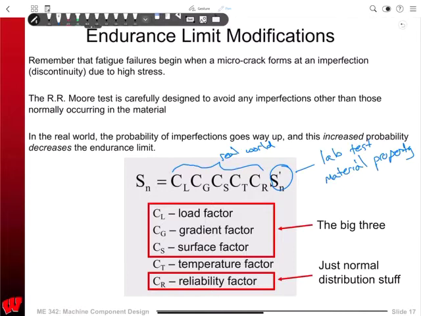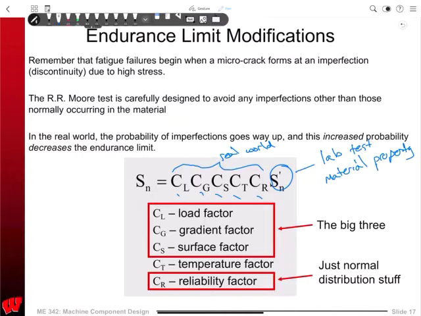Right? These numbers are based on a lot of experiments, right? And they're all less than one. So, say I've got something that's good for 300 megapascals, right? For the S_N prime, the material property is 300 megapascals. I multiply it by, say, 0.8, and then 0.7, and 0.89, and 0.4, and 0.119, or something like that. And I can go from my endurance strength of 300 megapascals, and it drops very, very quickly. It winds up being on the order of 100 megapascals or less once I incorporate all these real-world factors,